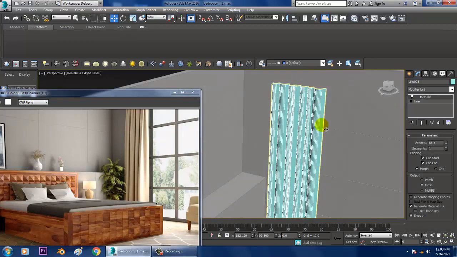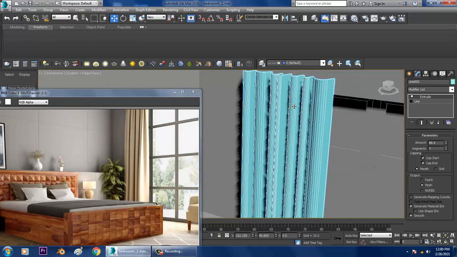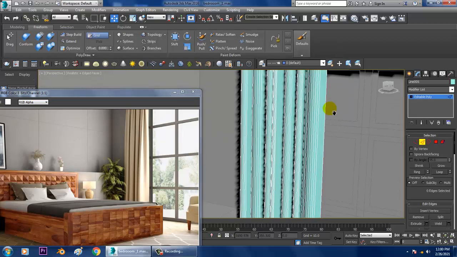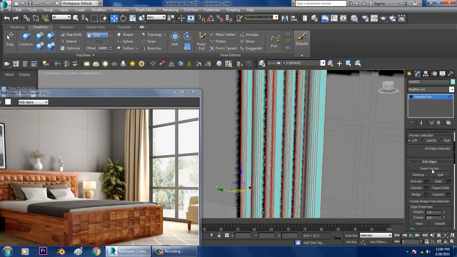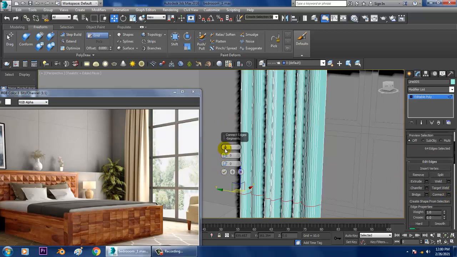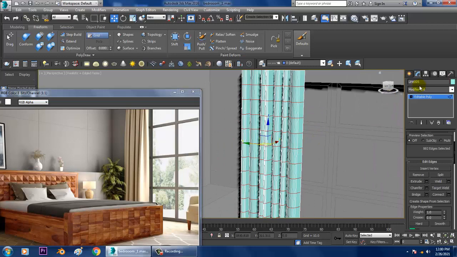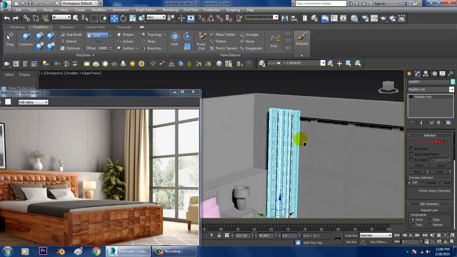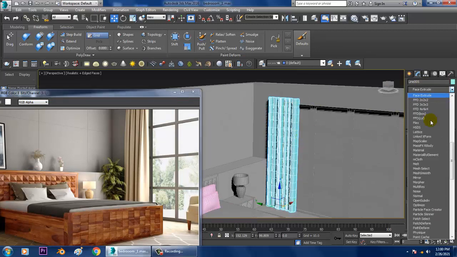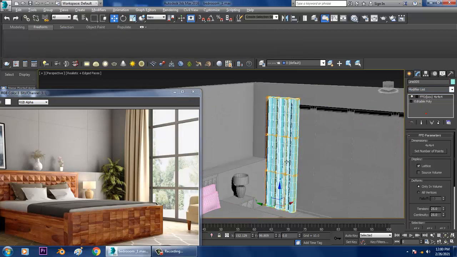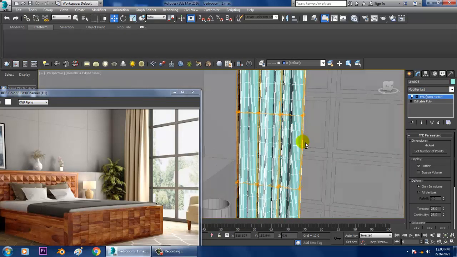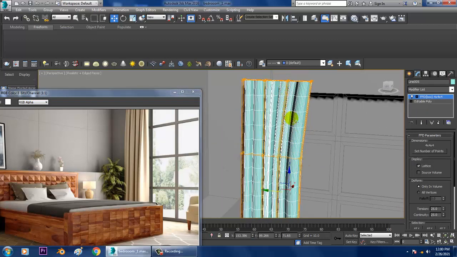After you're done with this, right click on it, convert to editable poly, and let's assign some loops over here. Also we'll be assigning some FFD box, that's your freeform deformer. So I'll slightly use FFD box.